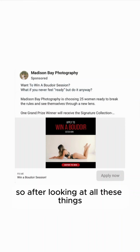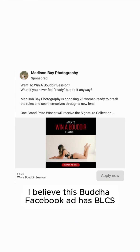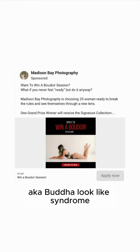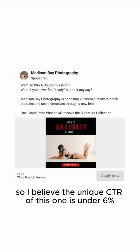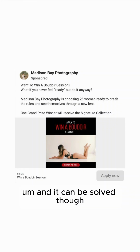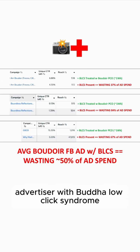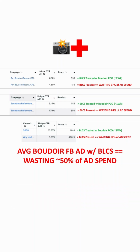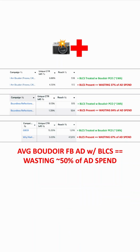So after looking at all these things, my diagnosis, if I believe this Boudoir Facebook ad has BLCS, aka Boudoir low click syndrome, aka a unique CTRL under 6%. Yes, I do. So I believe the unique CTRL of this one is under 6%. And it can be solved though. So if you're a BLCA with BLCS, if you're a Boudoir low click advertiser with Boudoir low click syndrome, and you're spending more than 10 grand a month on Boudoir Facebook ads,